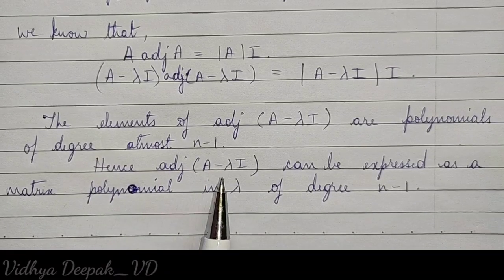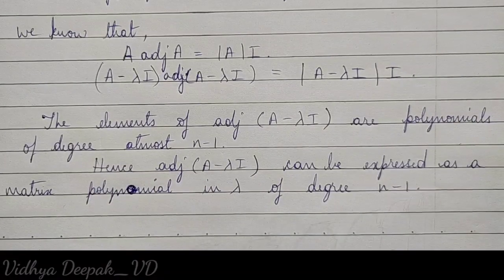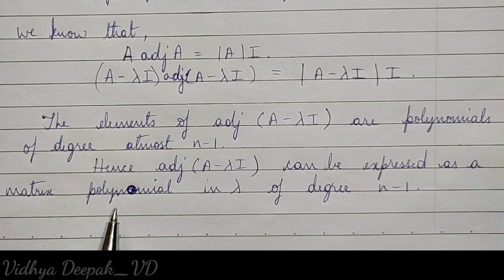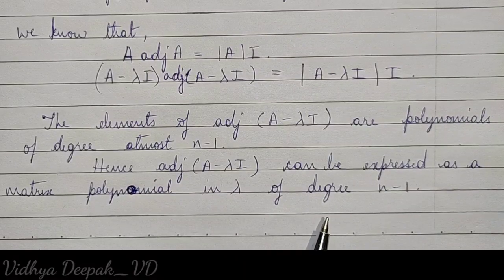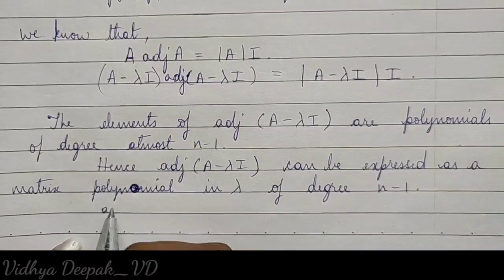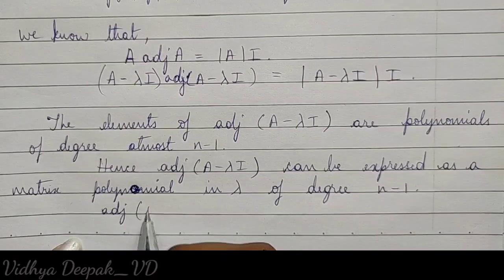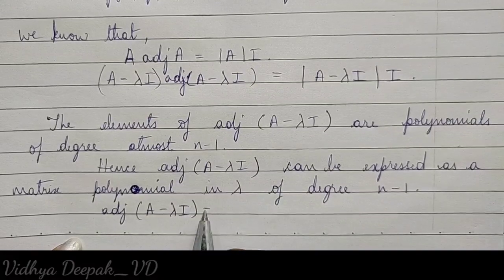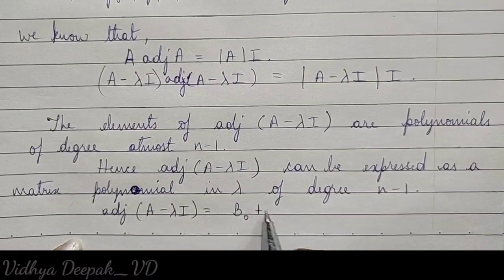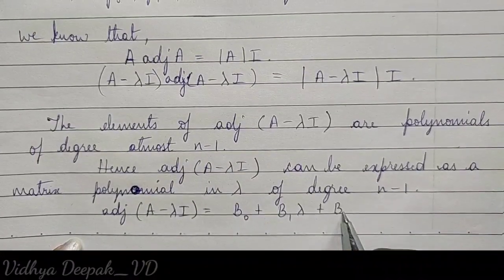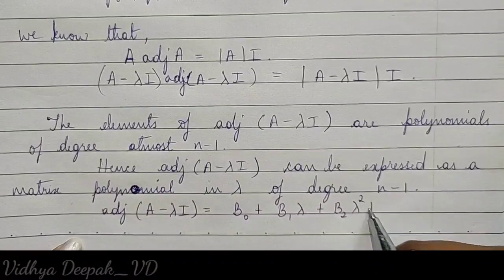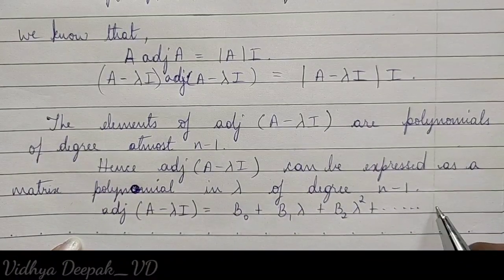So hence adjoint of A minus lambda I can be expressed as matrix polynomials. As we expressed it, B naught and B1 were matrix polynomials in lambda of degree n minus 1. So can I now generalize and write it? Yes. So can I write adjoint of A minus lambda I to be B naught plus B1 lambda power 1 plus B2 lambda power 2 plus etc. till